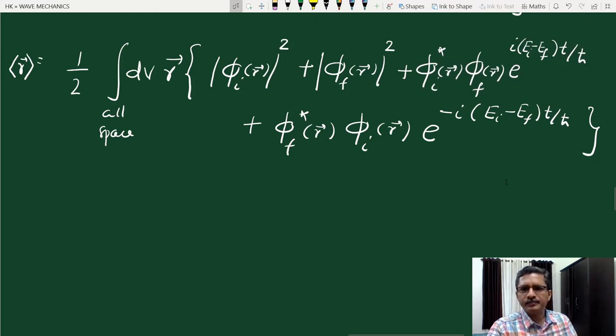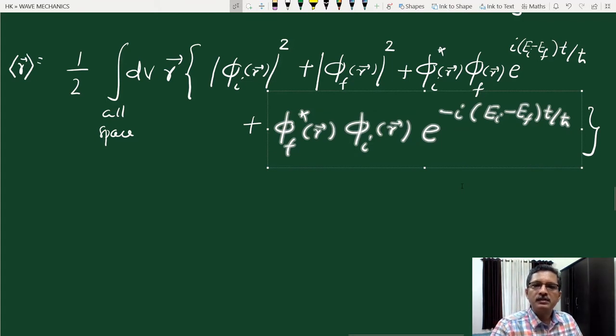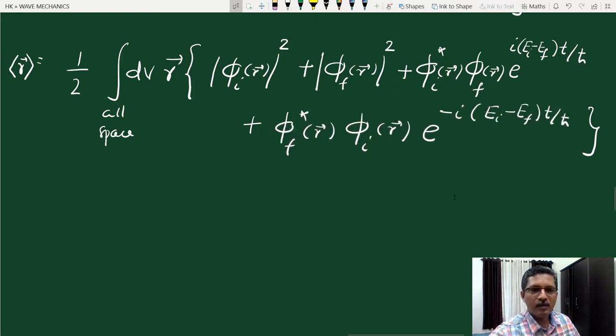So let us use the fourth term as the starting term. Suppose it is some complex term, something like a plus ib, then the third term is like a minus ib. What happens when you add a plus ib with a minus ib? The imaginary parts cancel, and we get 2a, twice the real part. So if we combine the third and fourth terms together,